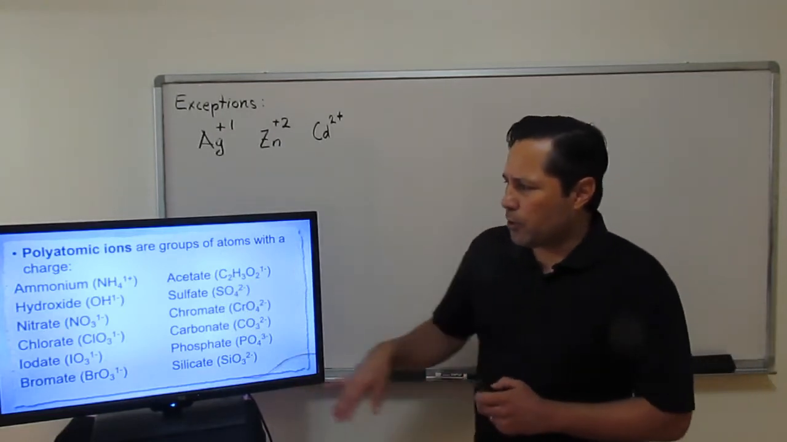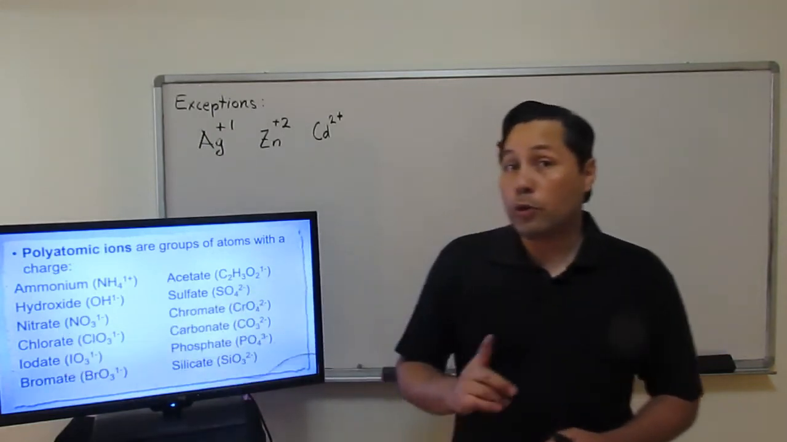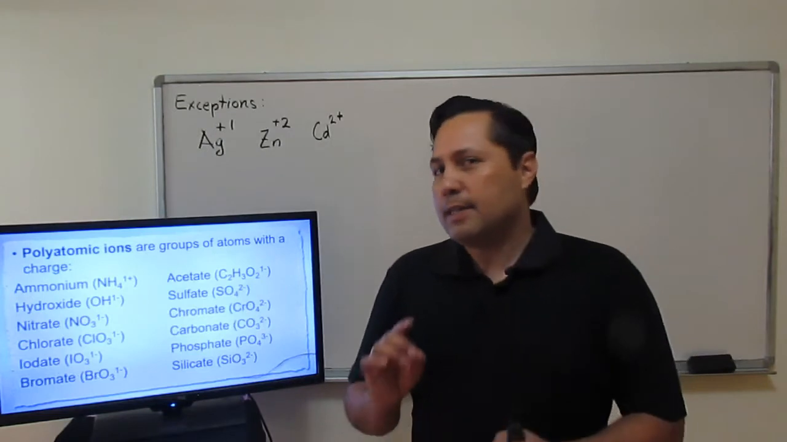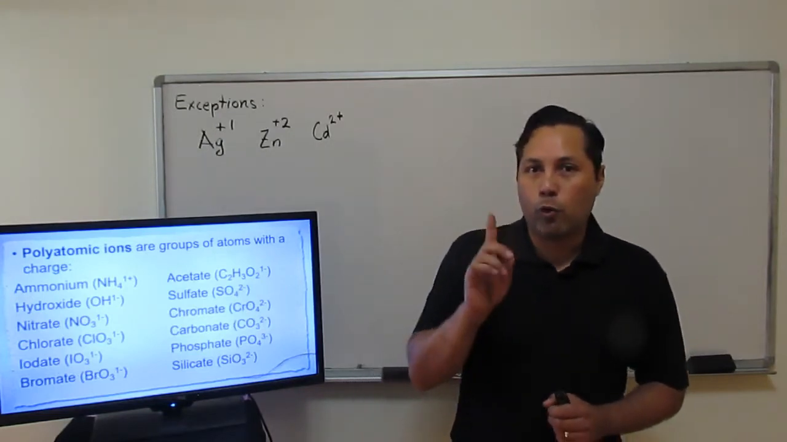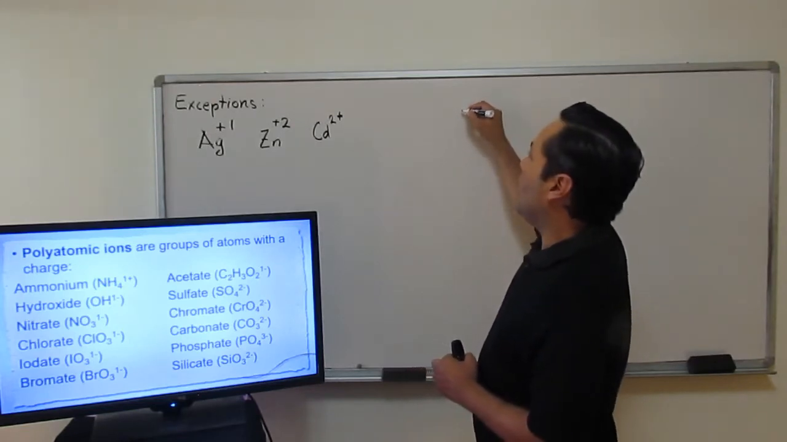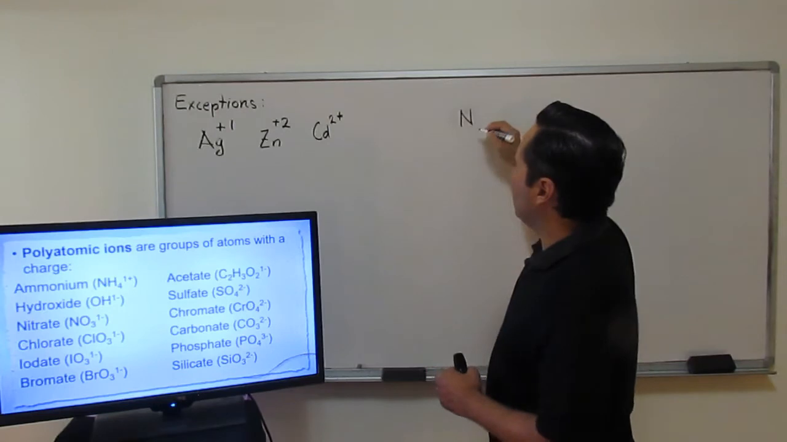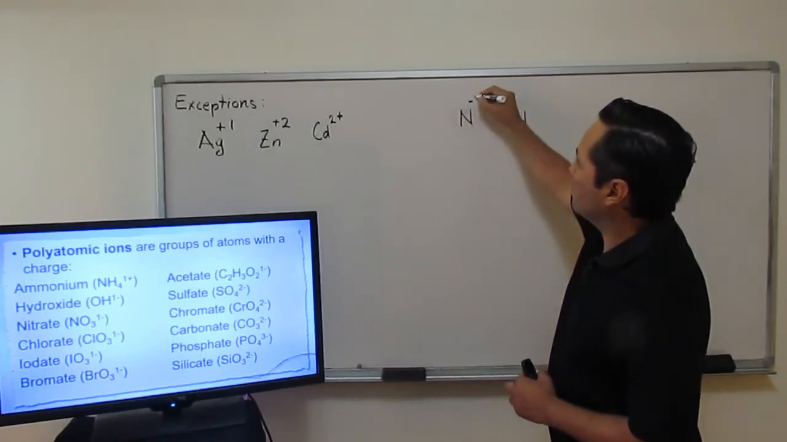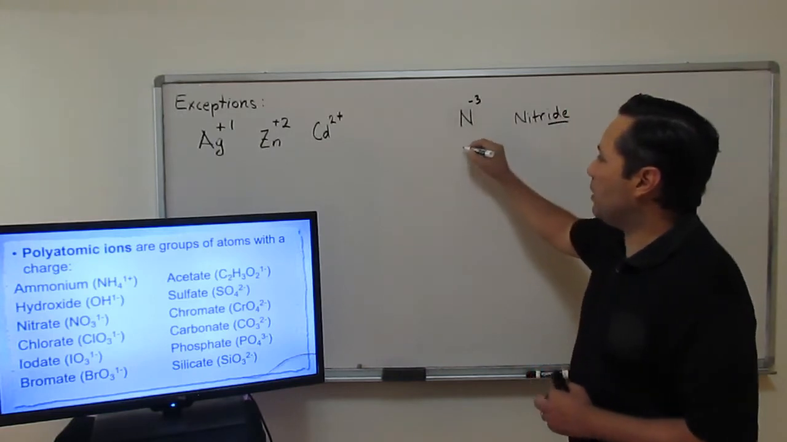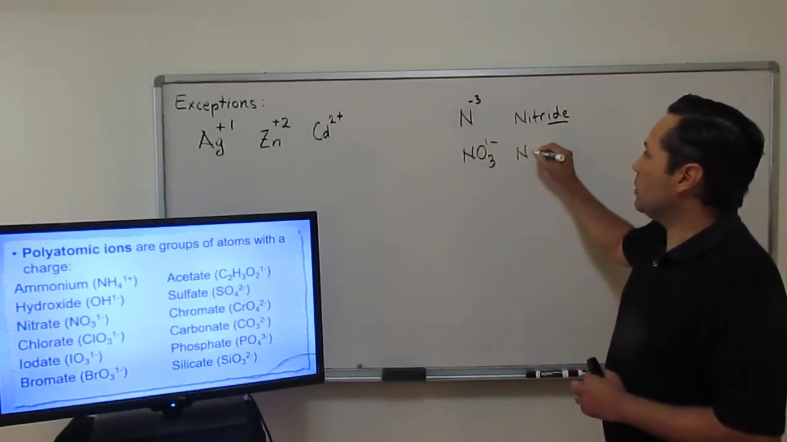Now, I want to draw your attention starting with nitrate here. Notice the ending. For a group of atoms, you no longer see that IDE ending. The IDE ending is only when you have one single atom. For example, if I had N, that might be nitride with that IDE ending. But as soon as I add the oxygen to it, that becomes